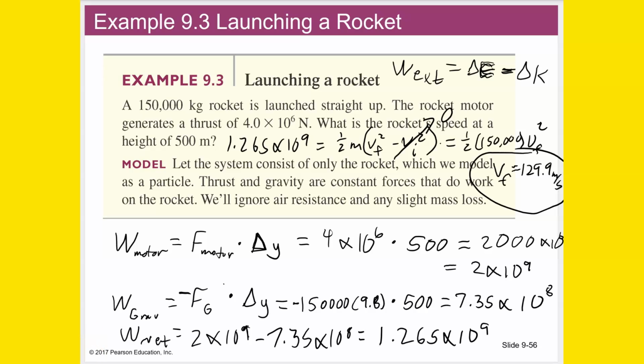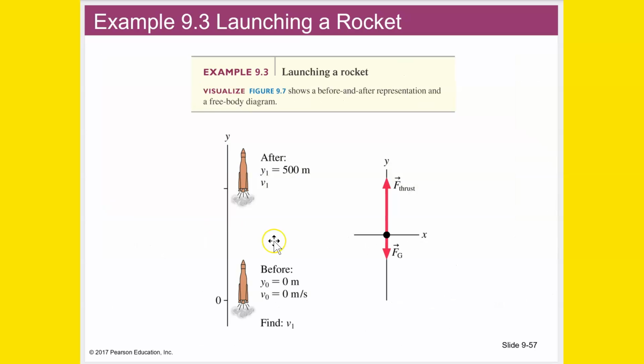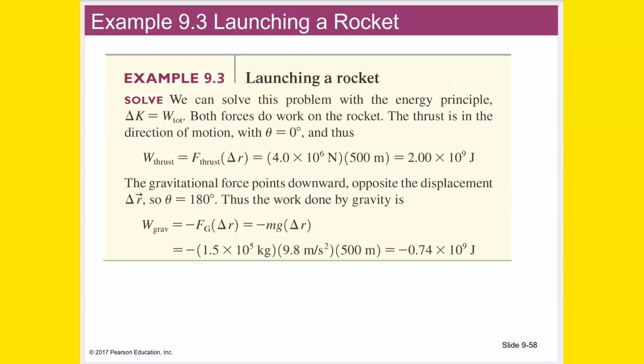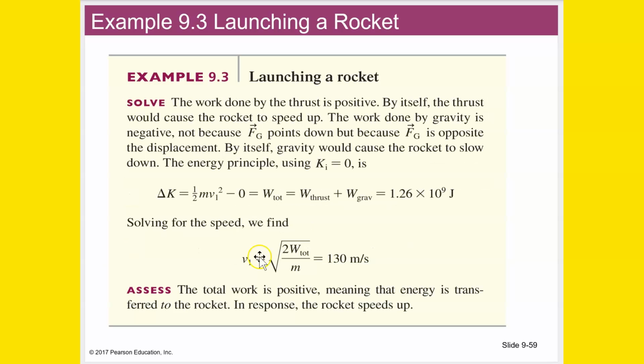So that's again, we could have done it multiple ways, and that's the power of physics. It holds consistently with those different paradigms that we use. All right, so here you can look through this. It's what the book shows in the slides of how it could be done. And they get the same answer, 130 meters per second, which is what we got.